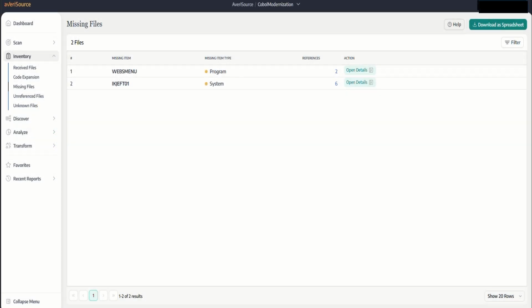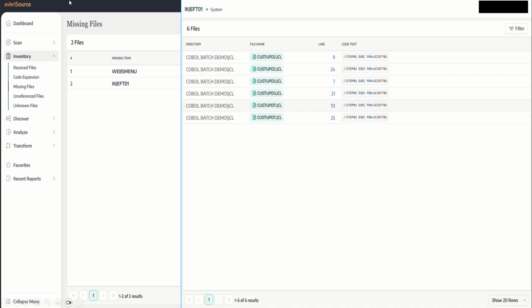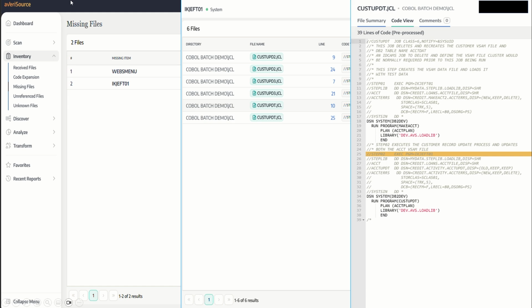For any project, whether it be daily maintenance or application reengineering, you need to start with as complete an analysis repository as possible. The biggest part of rationalization or cost reduction is knowing what you have. AveriSource Inventory helps in that process and identifies not just missing or unreferenced items, but also platform utilities and third-party products that may need consolidation, removal, or replacement, showing where they're referenced down to the line of code for context